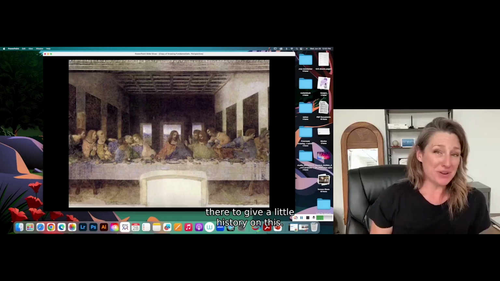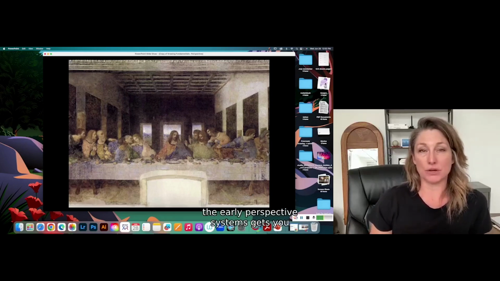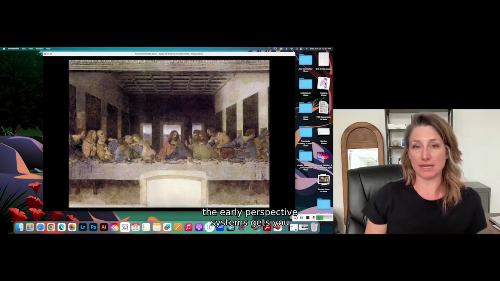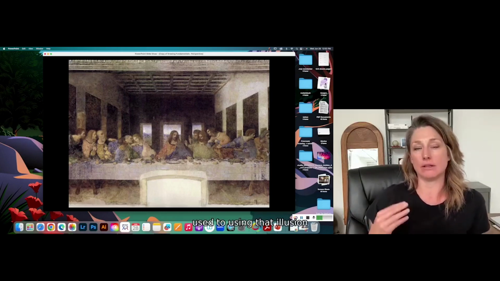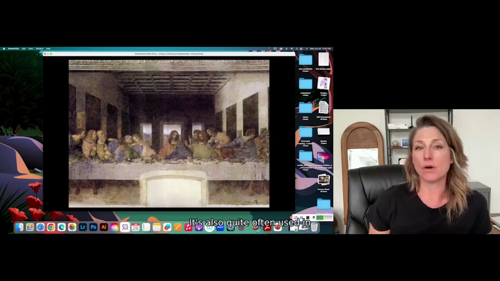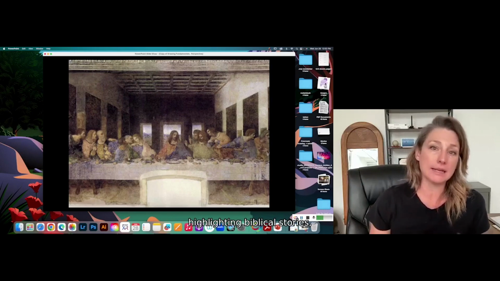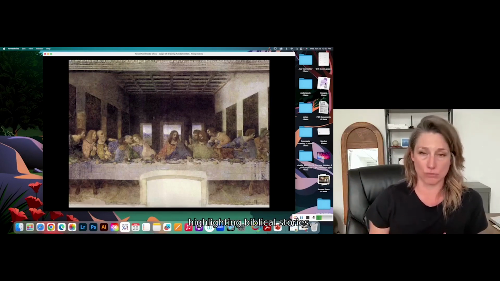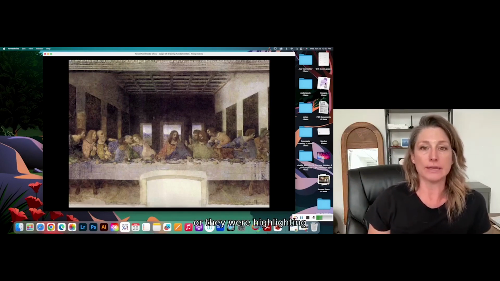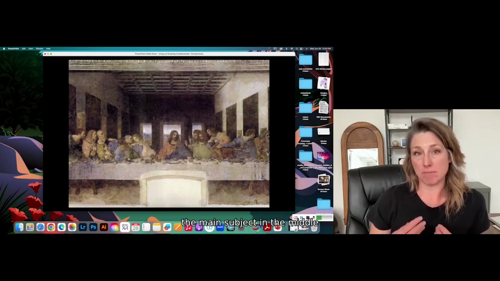To give a little history on this, why do we have 1-point perspective? Well, like I said, it's one of the early perspective systems, kind of gets you used to using that illusion of 3D space on a 2-dimensional surface. It's also quite often used in Renaissance paintings that were highlighting biblical stories, or bishops, or important figureheads. One advantage of using 1-point perspective is that you could place the main subject in the